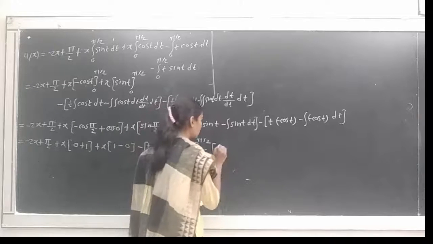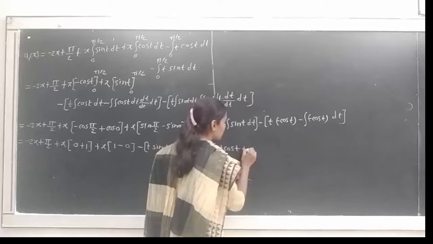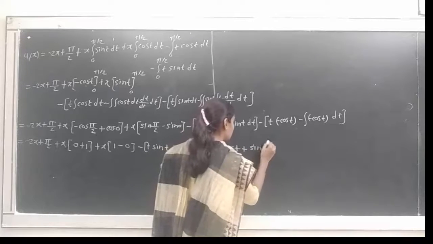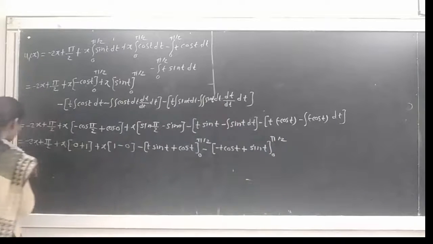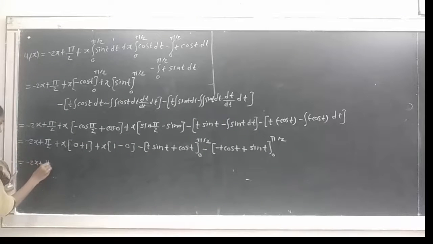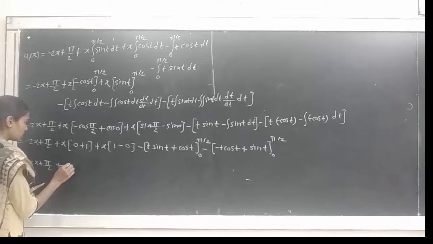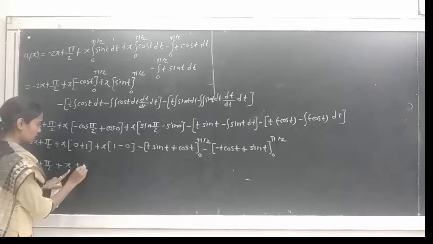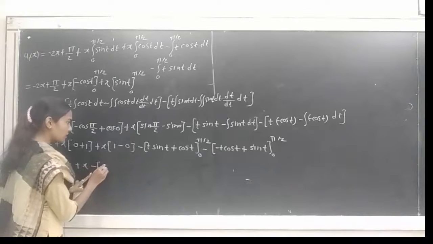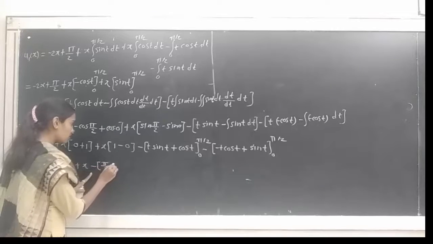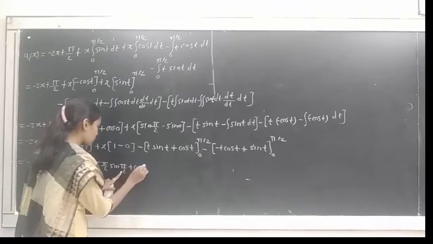similarly here t minus, we get here minus t cos t then minus minus becomes plus, and integration of cos t will be sin t, limits from 0 to pi by 2. Okay, then is equal to, we get minus 2x plus pi by 2 plus 0 plus 1 will be 1, that is we get here plus x only, then here also x is minus 0 minus, if we put here limits, we get pi by 2 into sin pi by 2 plus cos pi by 2.